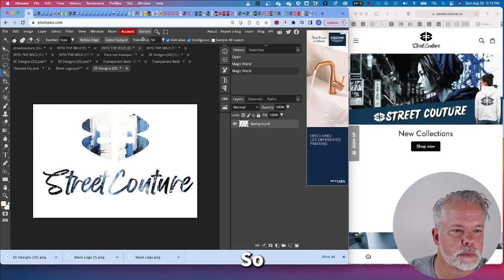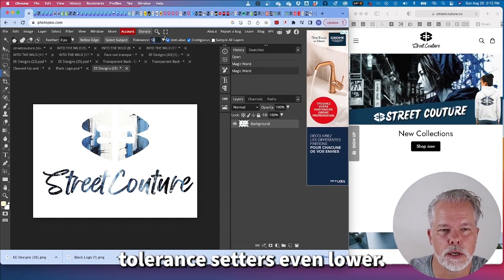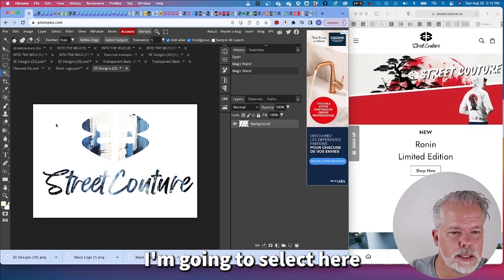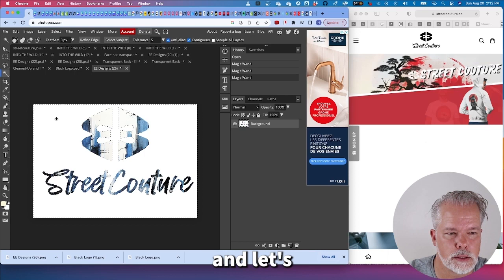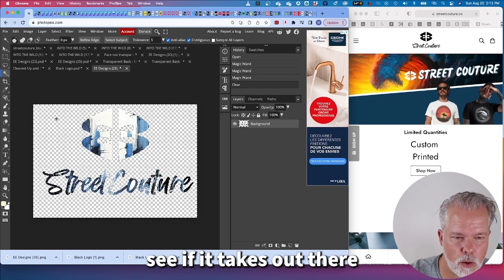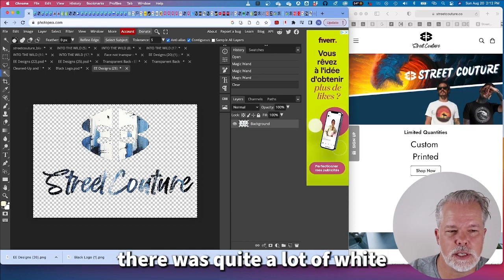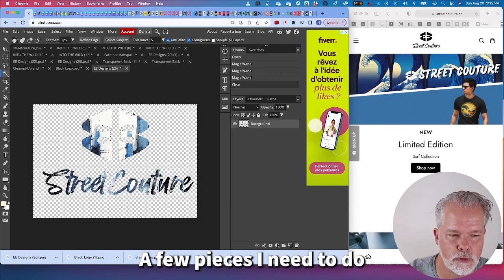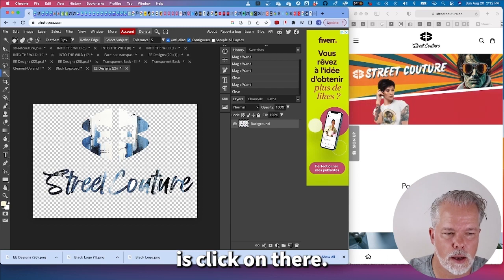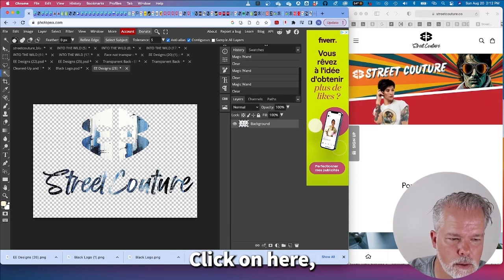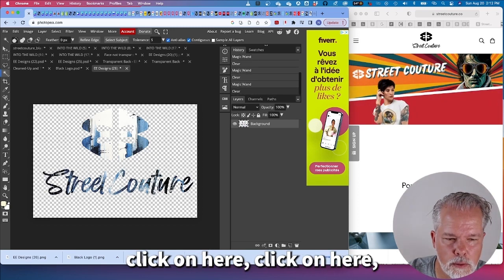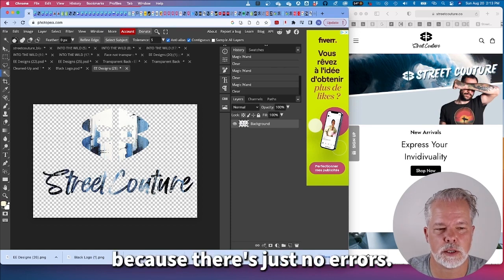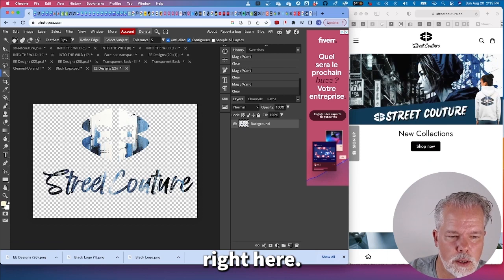So I want to do a tolerance that is even lower. I'm gonna do a tolerance of 5. I'm gonna select here and let's see if it takes out there, because you see there was quite a lot of white or cream, so it already took it out. Now you see it's missing a few pieces, so all I need to do is click on here, here, here, there. And it's nice, you see, because there's those little areas. Oops, I forgot these two right here,